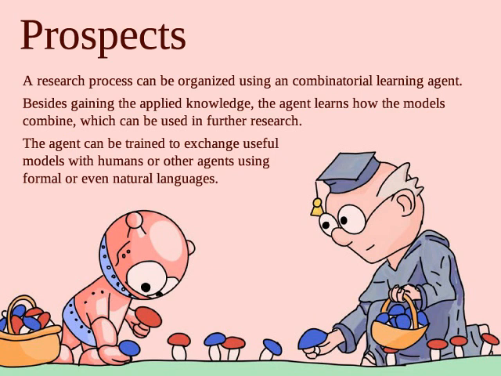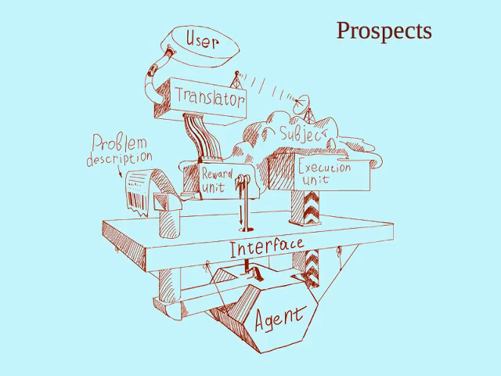The aim of this research is to make an artificial agent that is able to learn like humans, and in this meaning able to research like humans. And we hope to have an agent that is able to exchange results of its findings with humans and communicate with humans to study models. The next step is to train the agent to program in a language that is Turing complete. And this kind of agent might be considered a useful prototype, as it could be used in programming applications with minor changes.